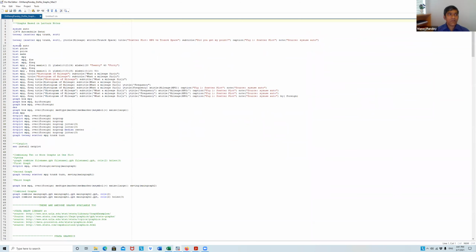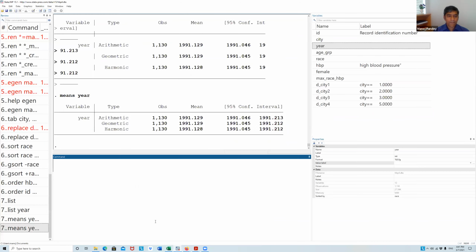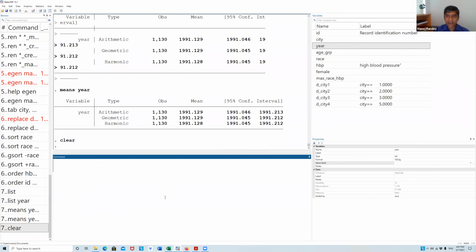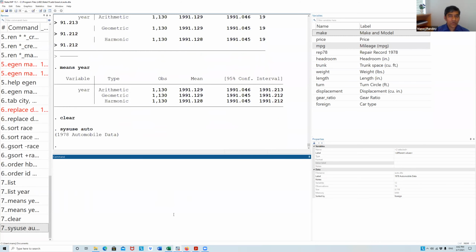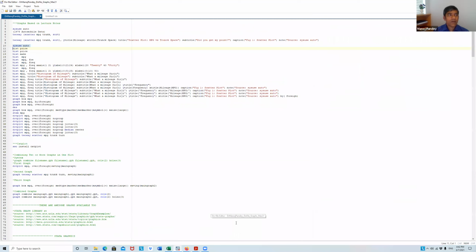For example, we have this CCU's auto data, and I am interested in a histogram of MPG.